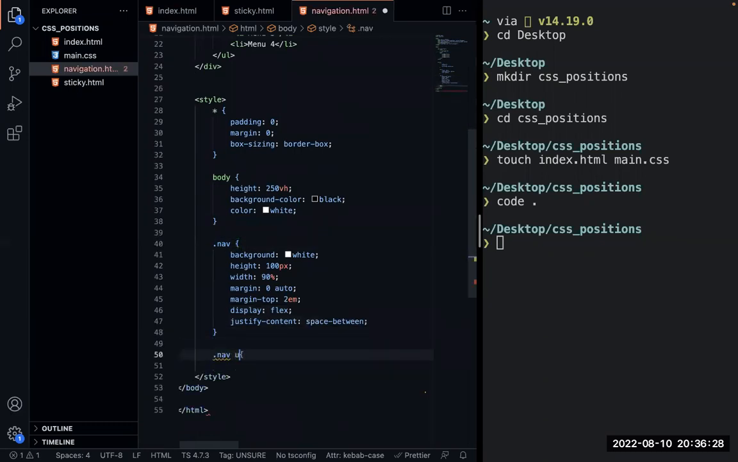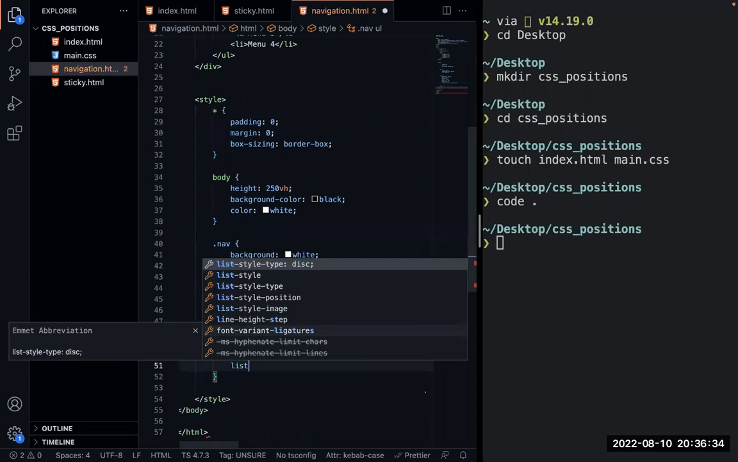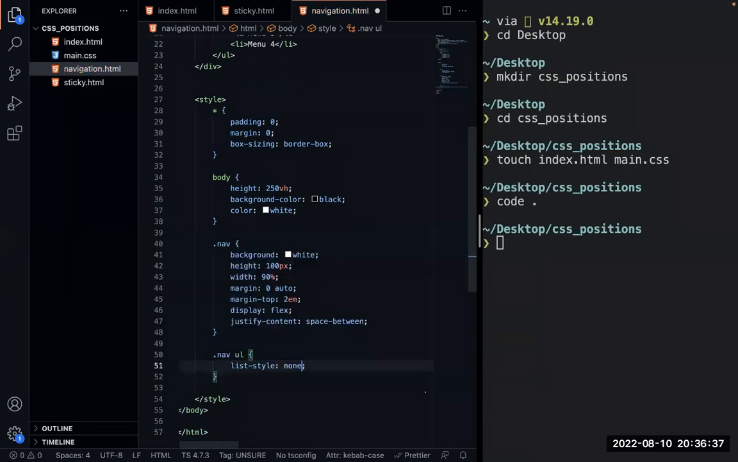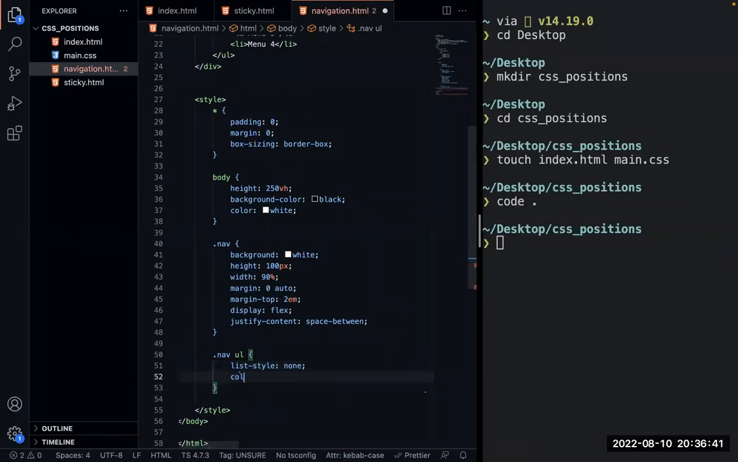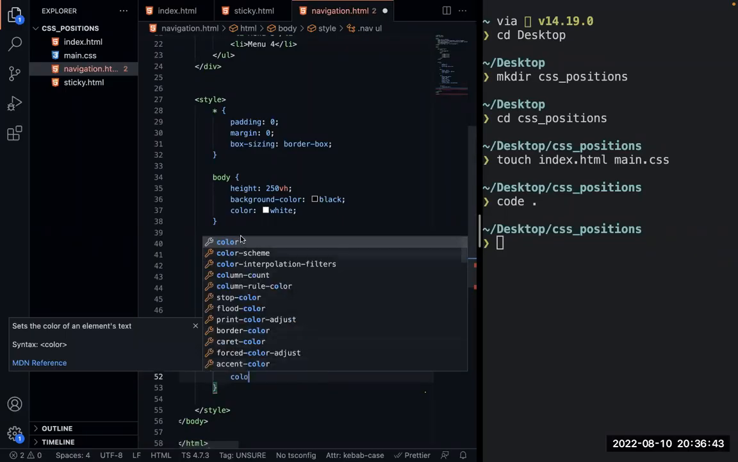So I'm simply going to say UL, and I'm going to remove the icons where I have, I think it's called the list style. I'm not sure, but let's see. So the list style is none. Okay. And then we have the color of